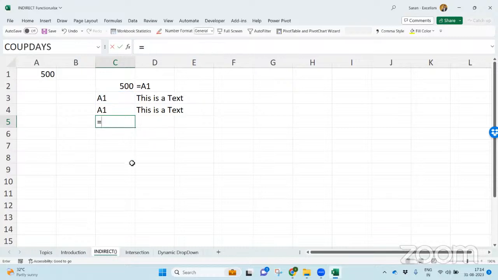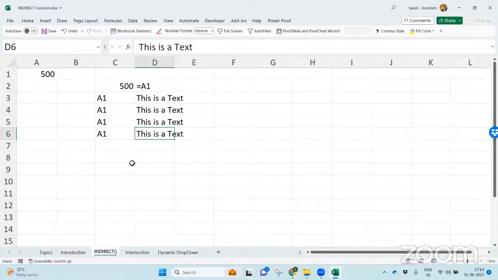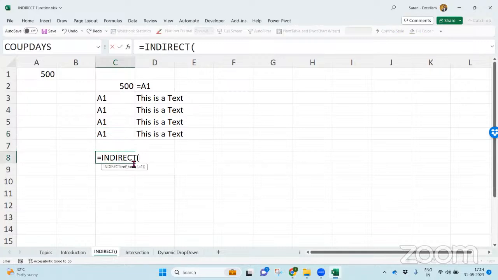Normally, when you directly take equal to in double quotation A1, you will get A1 text. This is a text. Otherwise, even if you take A joined with 1, still this is a text, A1, because I'm concatenating. The final result, if you use the and symbol, is always a text. But if I want to convert any of this into the reference, I can put an INDIRECT on top of it. Now what I can do, put INDIRECT, take this, close bracket. This may be A1 text, but because I am using the INDIRECT function, this A1 text will become an A1